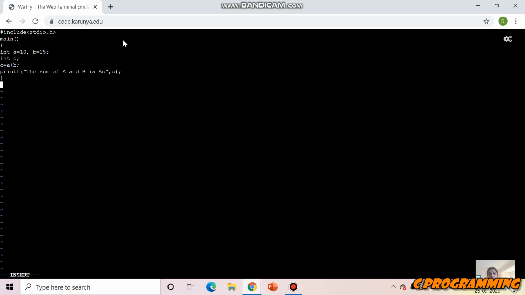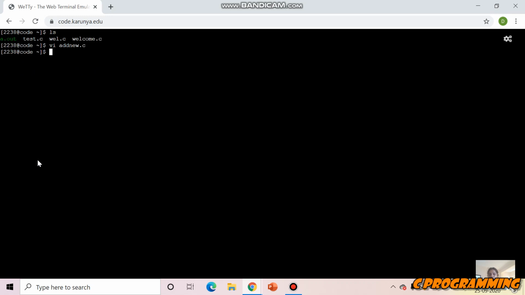You have to come out of this screen to the initial screen we came in. For that, just press the escape key. When you press the escape key, the insert indicator has vanished. Now you are ready to quit the program. For that, I will press shift colon, then w q and then exclamation mark. For the exclamation mark, it is shift and the 1 button. If you press shift and numeral 1, you will get the exclamation symbol. This is the command that will help you come out of the editor to the prompt. So now we are back to the prompt.